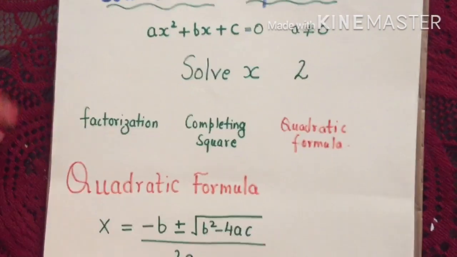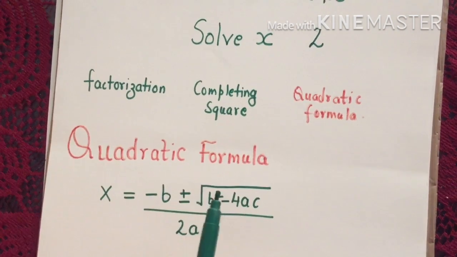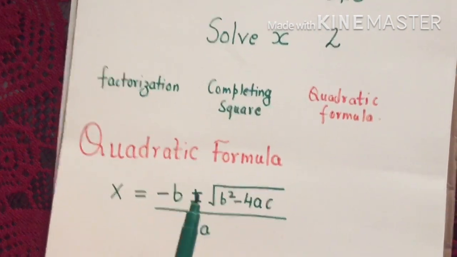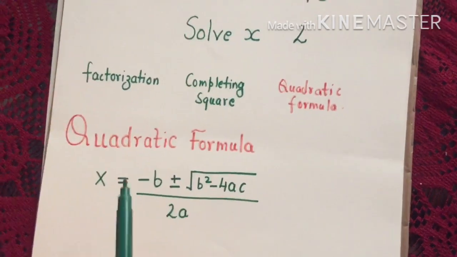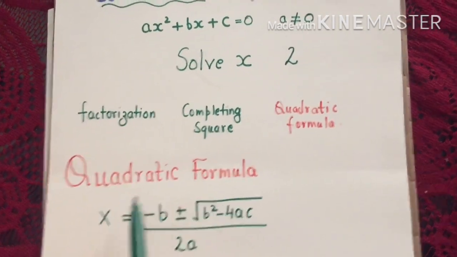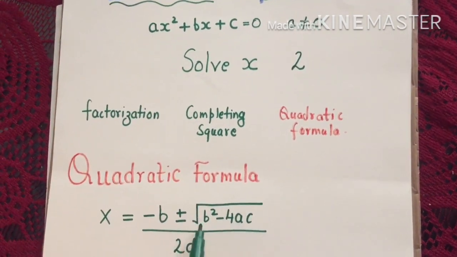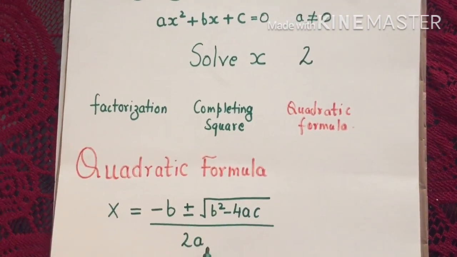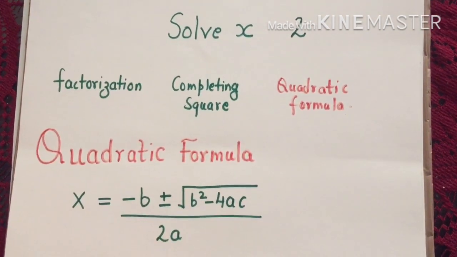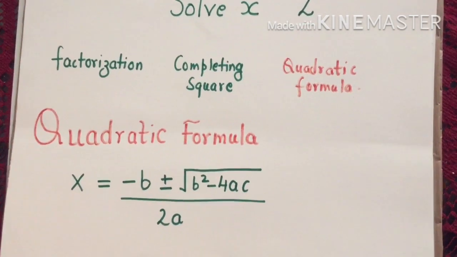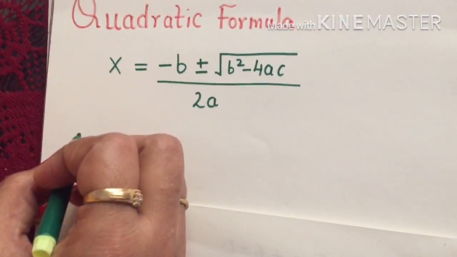Now, just have a look at that. What is this quadratic formula? The quadratic formula is also known as the Sridharacharya method. Sometimes it is asked like that also, Sridharacharya method. Now, the quadratic formula is: the value of x is given by minus b plus minus under root of b square minus 4ac upon 2a. For the rest of the steps, we will take a simple example and proceed, and in that I will tell you how to proceed further.